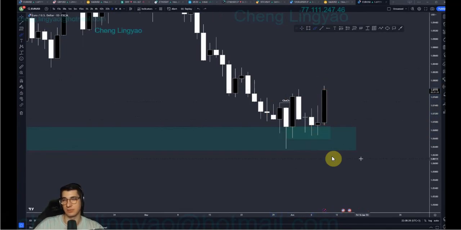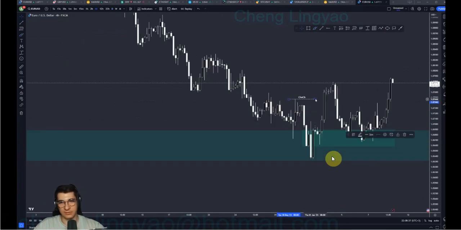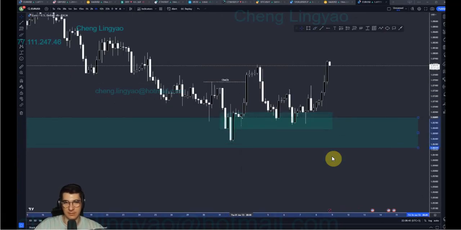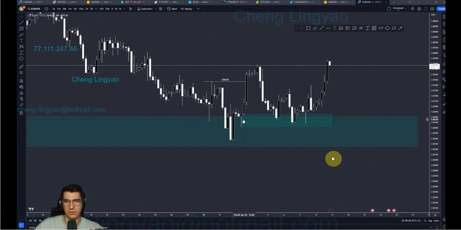It was Thursday, so big moves, and also we had news, so it was a perfect opportunity for price to move to the upside. The 4-hour had a change of character here, exactly as I told you, which was also daily. Price came back into this demand zone that created a change of character, which was the flip zone, the 4-hour,